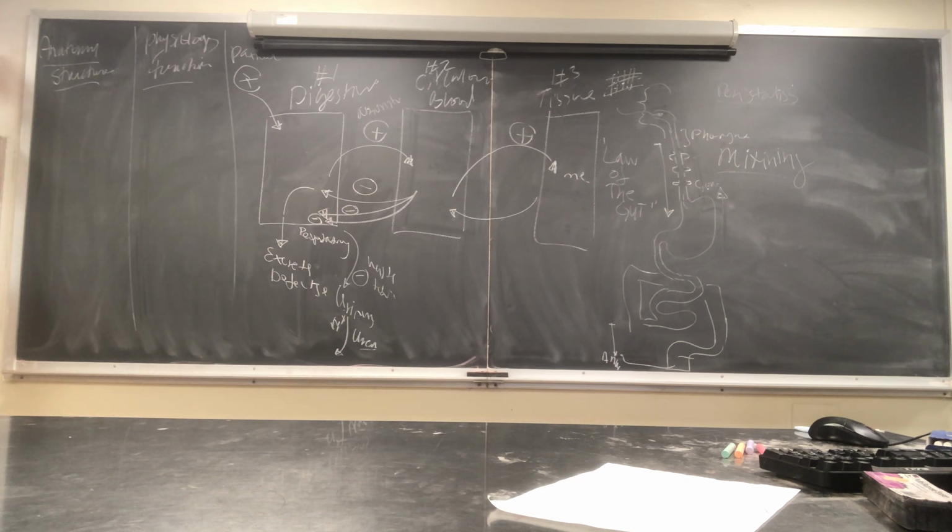So the layers of the stomach, when we look at, maybe we have a model here. When we look at the stomach from the inner core, remember how we talked about the blood vessel. The blood vessel has on the outside the tunica externa, and then the tunica media, and then the tunica intima. Same thing with the stomach. So the stomach on the very outside, it has the serosa layer. That's the hardest layer. Then moving downward, you have the muscularis mucosa.